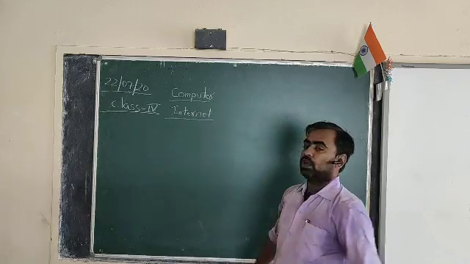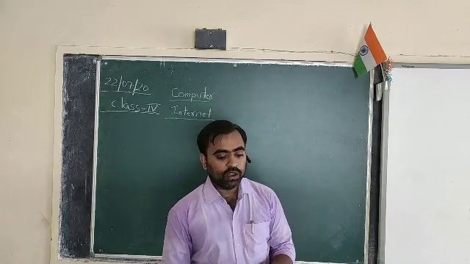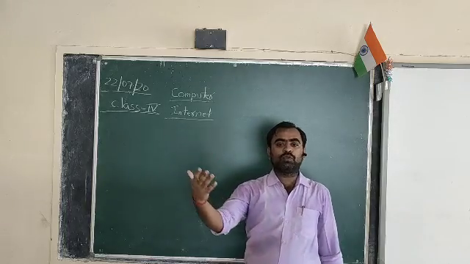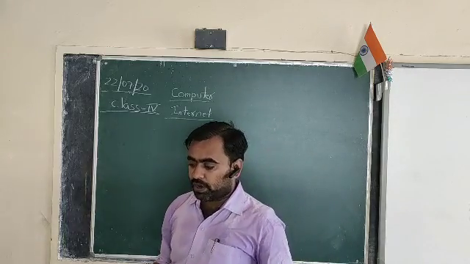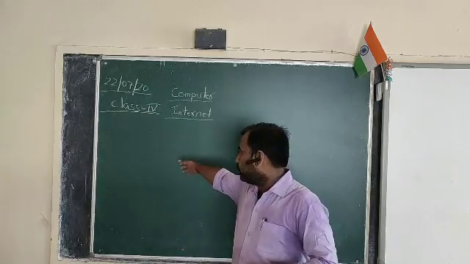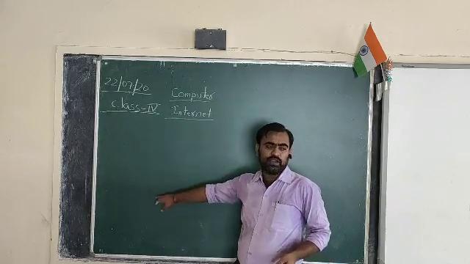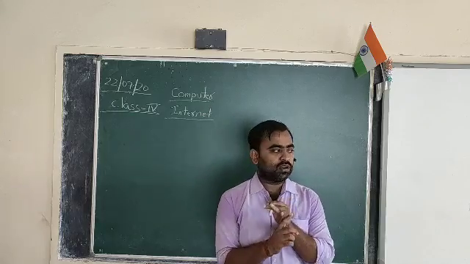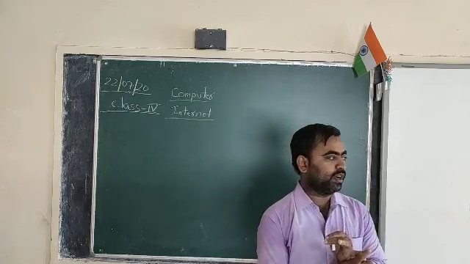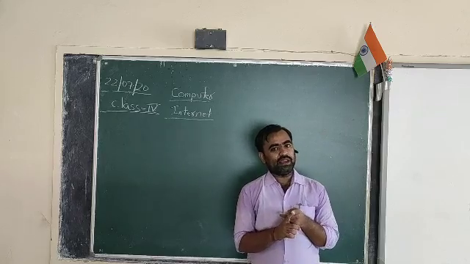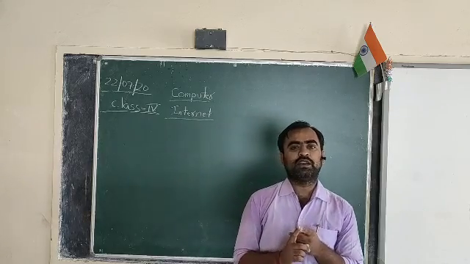So this much for today. In this class we have discussed how to get connected to the internet and what things are required to get connected to the internet. In that we have discussed the 5 most important things which are required. The first one was the computer. You need a computer to get connected to the internet. Then you need an ISP, that is Internet Service Provider.